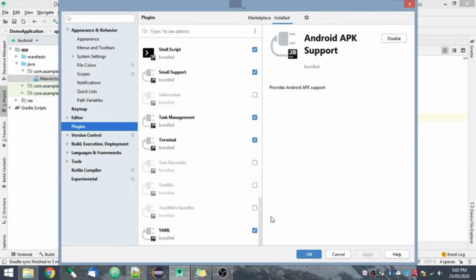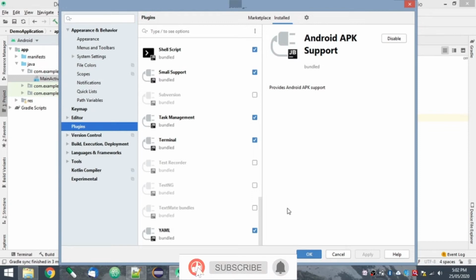It is not required. If you have knowledge of what plugins you need for your application, just check all those and uncheck the remaining, then apply and click on OK. It will automatically restart your Android Studio and the changes will be applied.